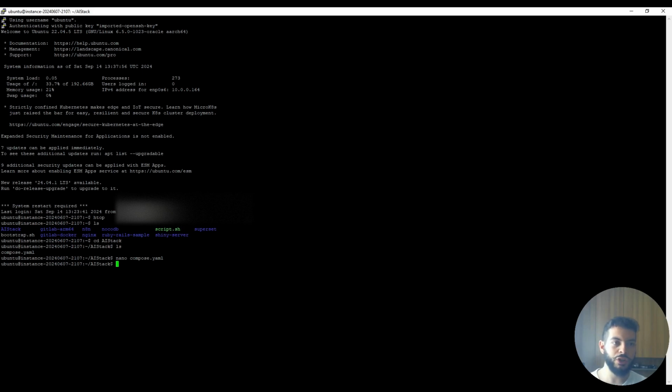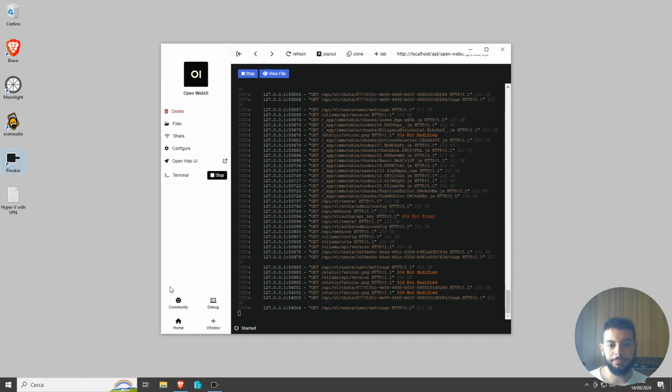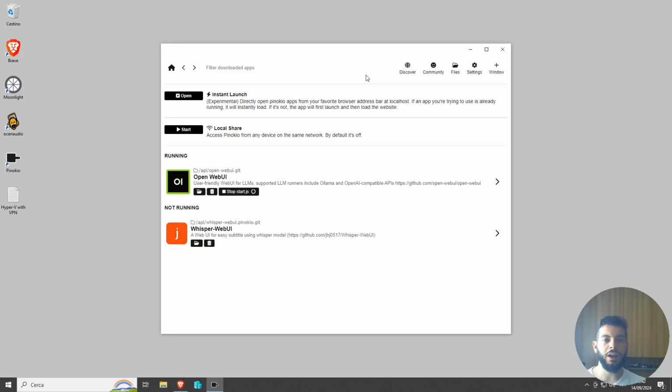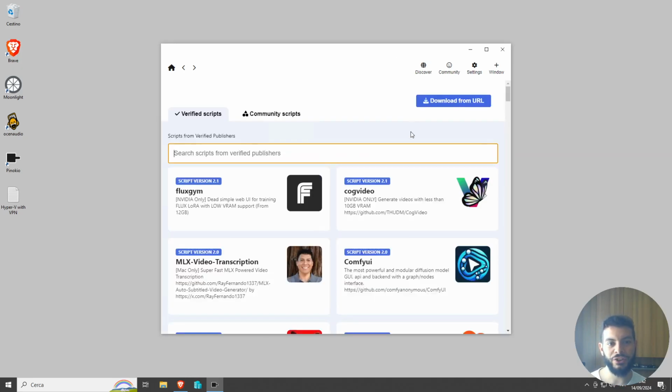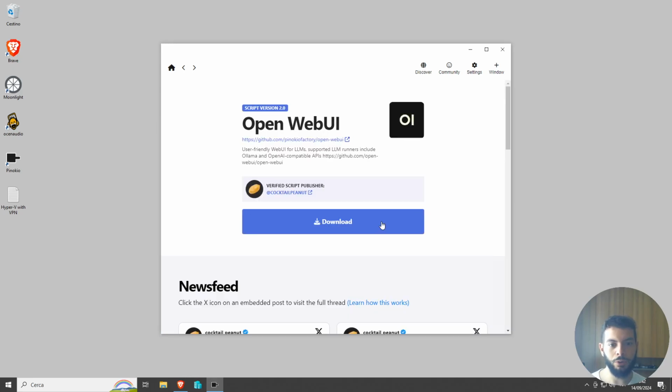But if you want to experiment, there is a much quicker way in terms of accessibility, and that is Pinocchio, that allows you to install AI services with one click, even though I don't really agree for all the services you see here. So in my case I installed OpenWebUI, download.